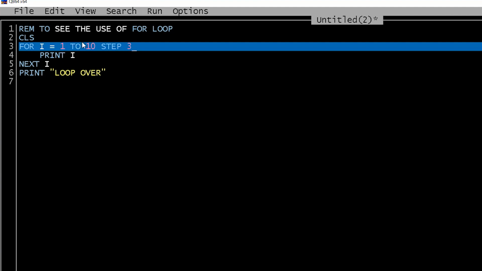From 1 to 10, I do not have to subtract, I have to add only. But if I need to go from 10 to 1, that means here I need to subtract. After 10, the value should be 9. Then from 9, it should be 8. That means I am subtracting values of I. So where I need to subtract the values of I, I need to put a minus 1 here.